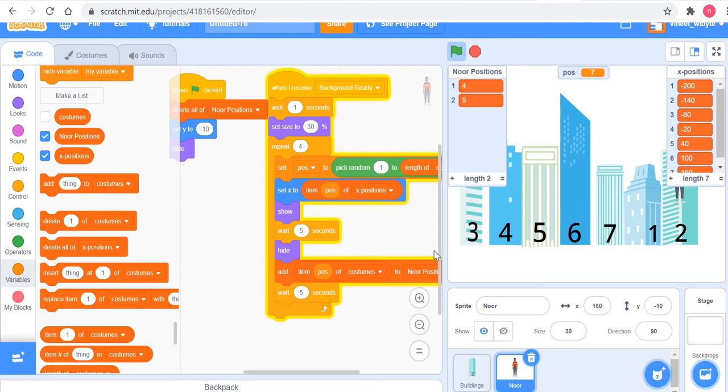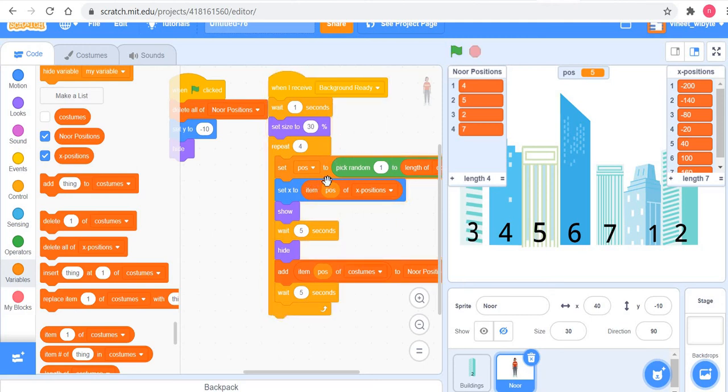If I somehow mark that position, if I somehow say, okay, Noor, you have already been to that position, please do not go there again, then I can avoid it from going to the same position.